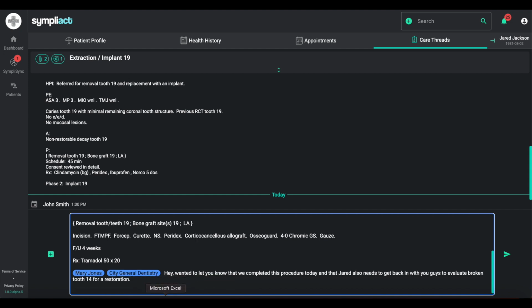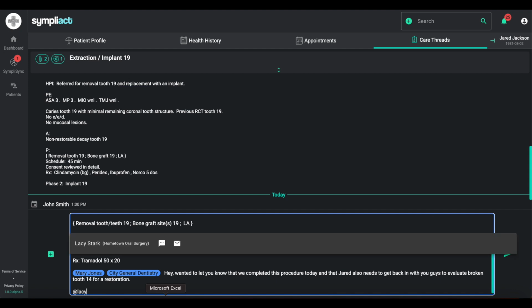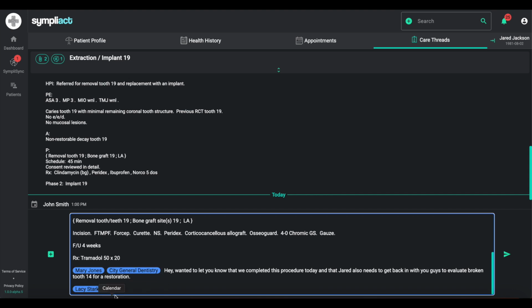And then another way I'll use this commonly is I will also mention one of my staff users in my practice in line with this. So, hey, could you follow up with City General Dentistry on the above comment issue. So in line with my just normal workflow,